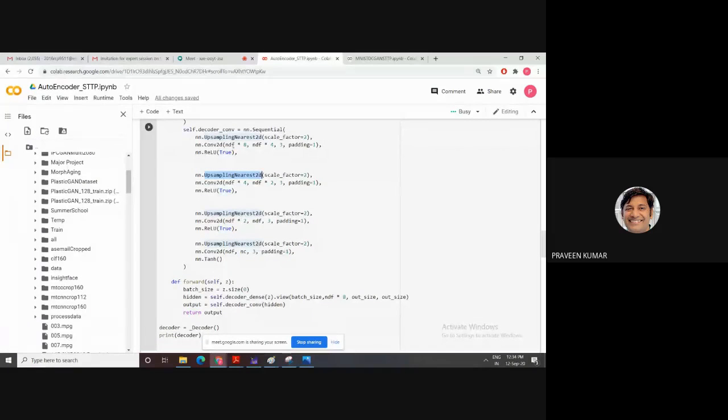In upsampling 1, you see that the feature count is decreasing this time: 8, then 4, then 4, then 2, then 2, then 3, and nc means 3. So we again generate our input.